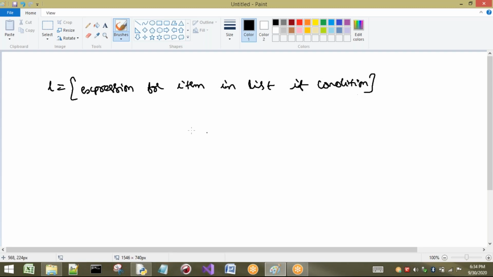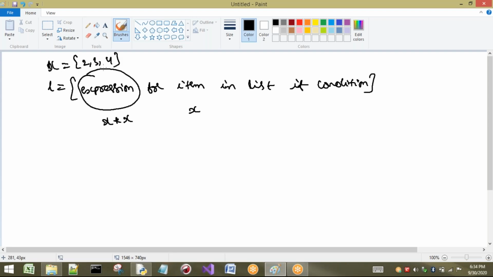Now the expression I write here will be executed for every item in the list. For example, x into x. Here the value is x, and the list I am going to take is x equal to 2, 3, 4.